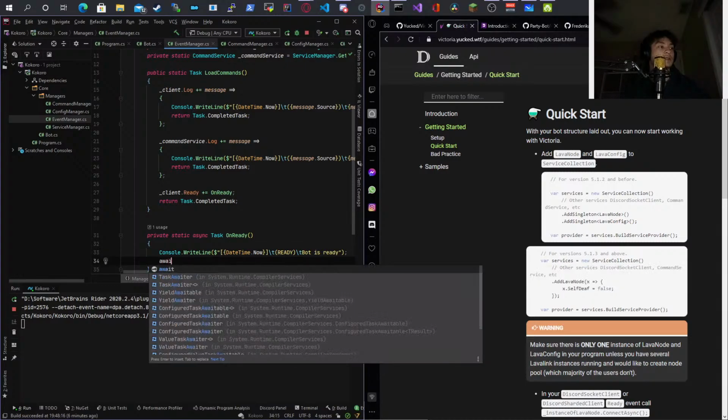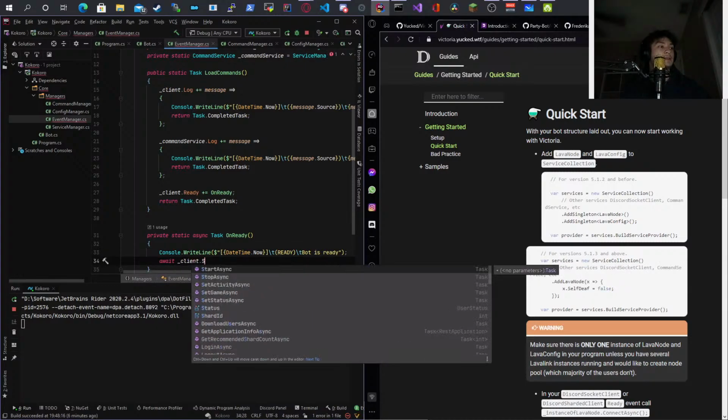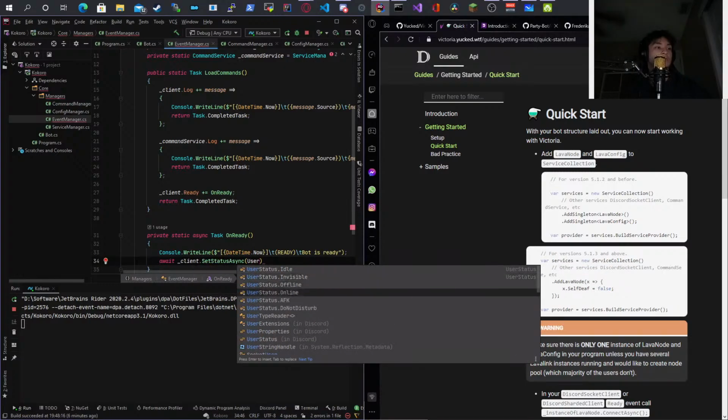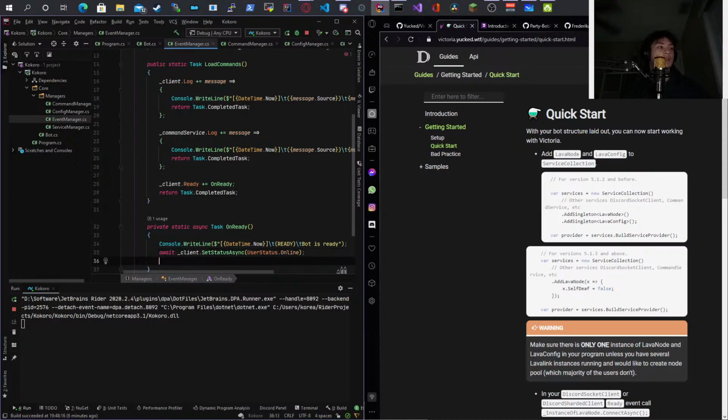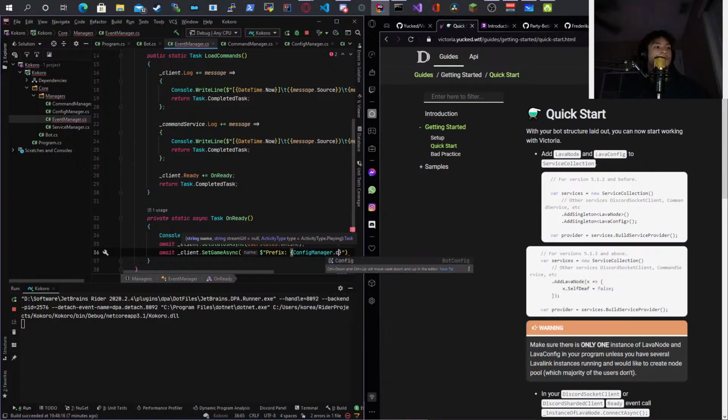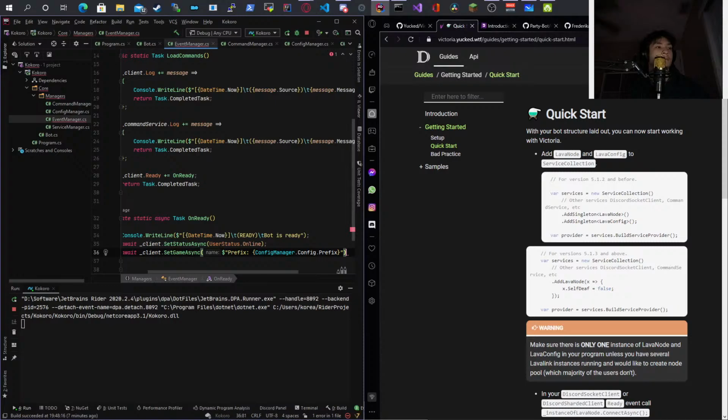And then I can do here await client.SetStatus, and I'm going to just keep it be online. I usually like just putting this here just in case I need to change it later on. Client.SetGame should be activity on Discord.Net. It's weird. It's a little bit more difficult than doing it with game. And then I can do here prefix. It's going to be ConfigManager.Config.Prefix. Okay, there we go.